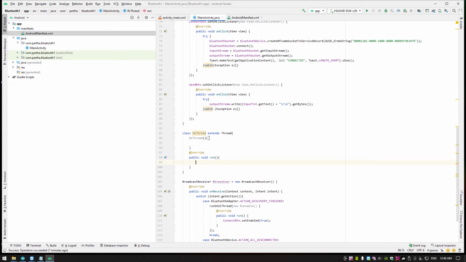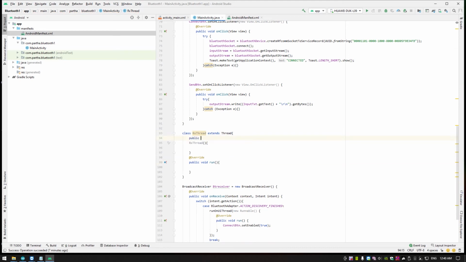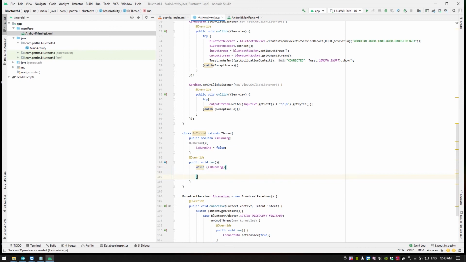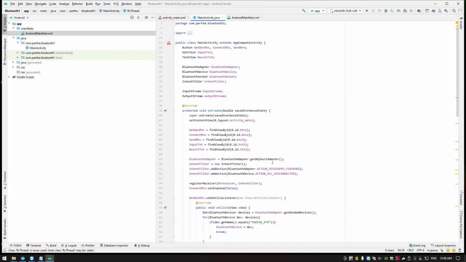Fine. Boolean is running as false, so that if is running is true, then only it runs, otherwise it comes out of the thread. So declare this thread here.